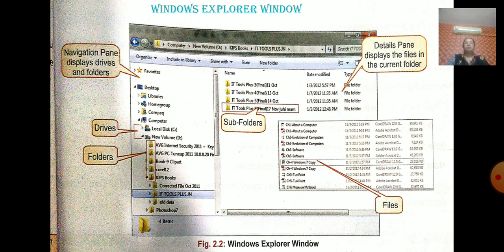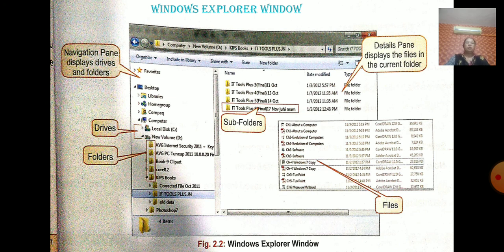Double click on the My Computer icon on the desktop. Okay, so you can see the hard disk here, CD or DVD drives, everything, right? Then you can copy a file from C drive to D drive. We have already learned how to copy a file. So what will you do?